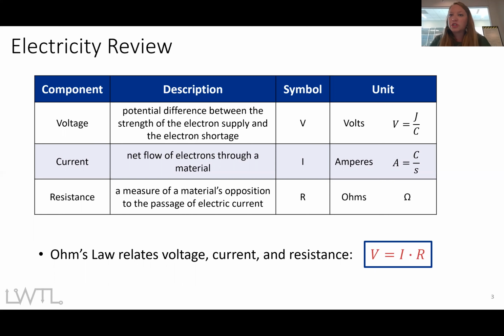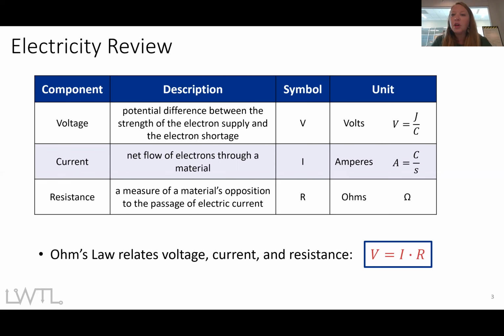Don't just always jump to volts. It's good for you to really understand what the units are when they break down. So a joule per coulomb being a volt could help you work problems in the future, understanding that a volt can be broken down. And then if we move to current, we have current is the net flow of electrons